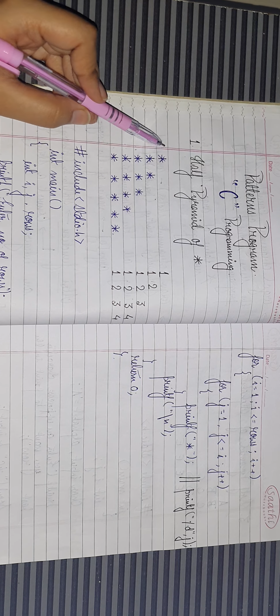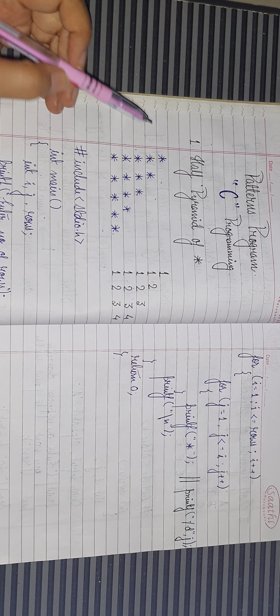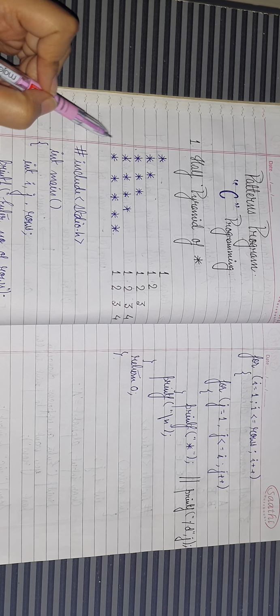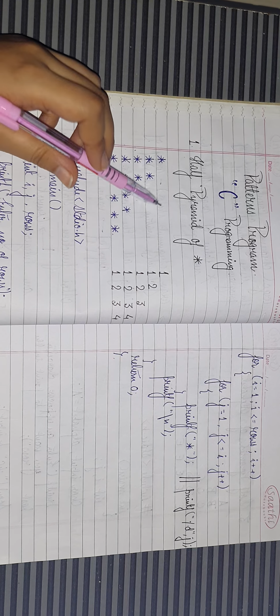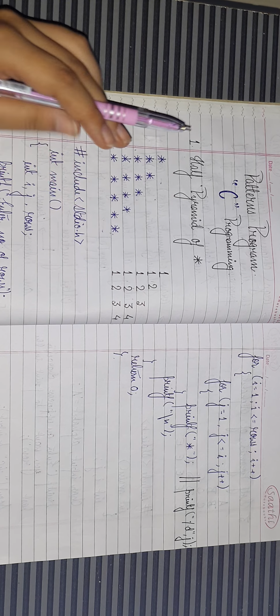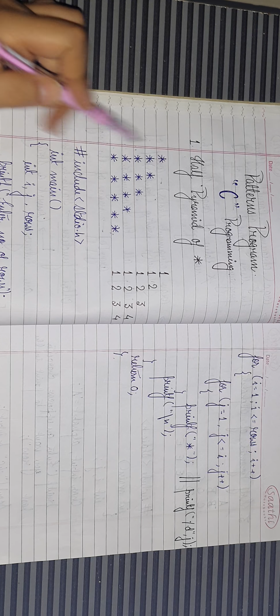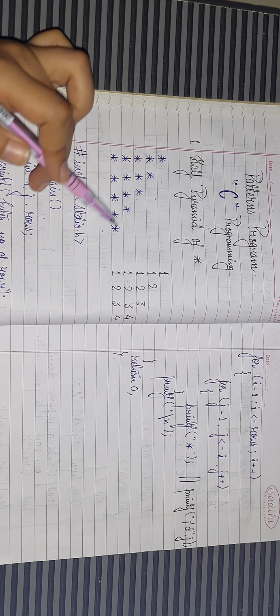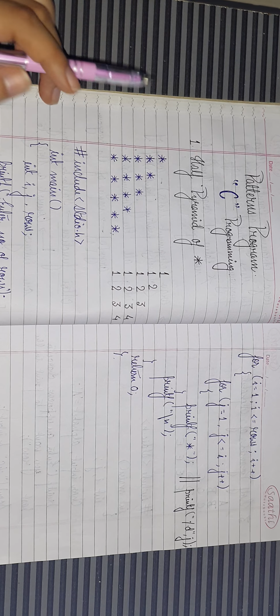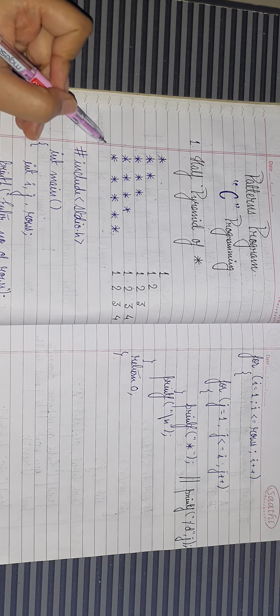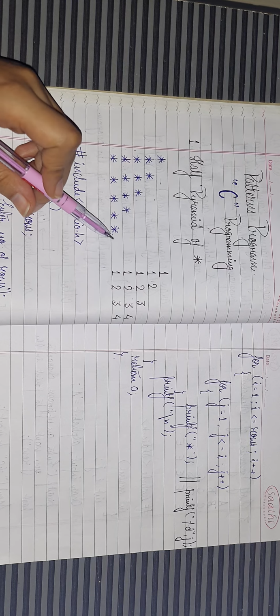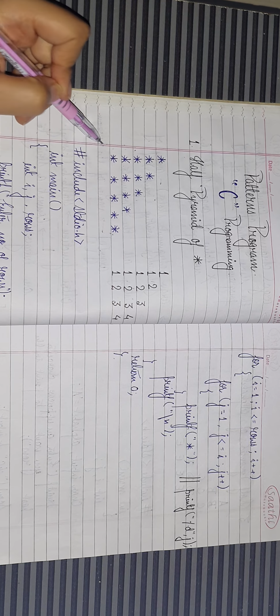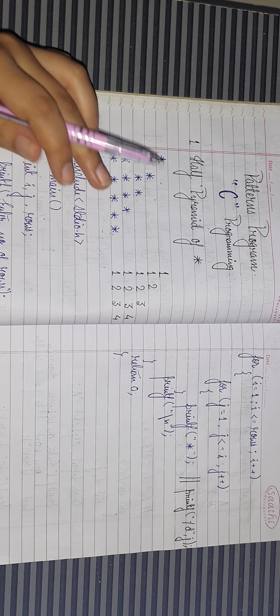So depending upon the number of rows I want these stars, and this is the first column, second column, third column, fourth column and fifth column. Like that I want the half pyramid. It looks like a half pyramid. Okay, you can go for the sixth row. In the sixth row it will be 6 stars, 1 2 3 4 5 and 6, means in the sixth row I want 6 stars, up to the sixth column.